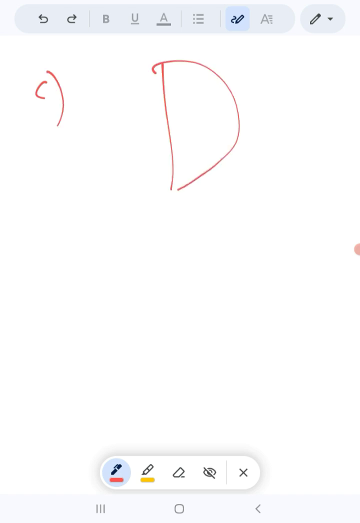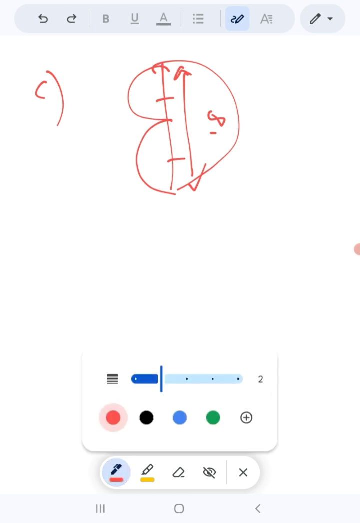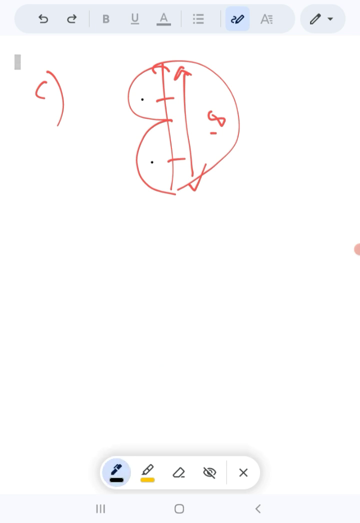Okay, so part C says that there is a semicircle and two other circles that are also semicircles, and the size of this entire side is given to you, it's 18. Now the thing to be considered in this question: if this entire side is 18, then these semicircles are being divided into two parts, right? This side, as well as this.